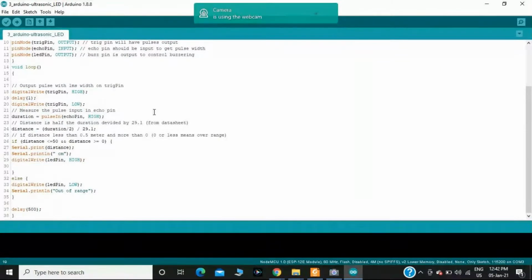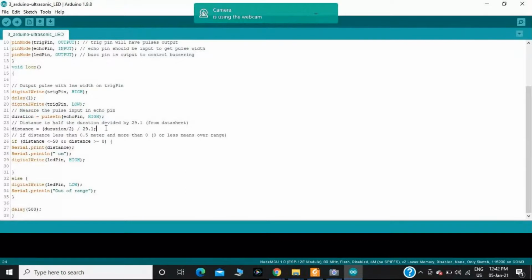When it is reflected back from the object, I should receive it on the echo pin. In my case, I'm using the pulseIn instruction. With the help of pulseIn, I'm going to measure the round trip time, the time taken by the signal from the sensor to the object and from the object back to the sensor. Where I'm getting that sound wave signal on the echo pin, this is the duration.